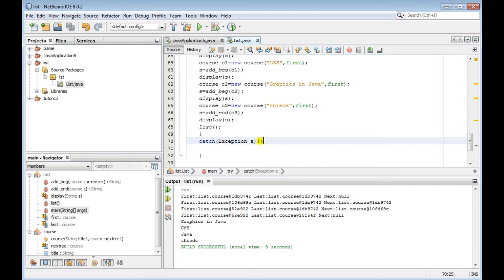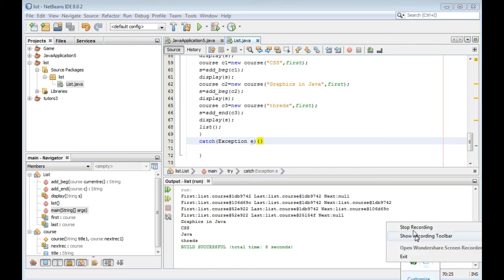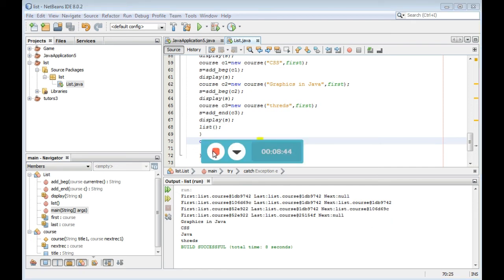This is a generic exception, but there is null pointer exception, and there are many exceptions, like runtime exception. So exception E, and just close this body or print the exception. You should implement the exceptions. Very important for the production code, this must be dealt with properly. Otherwise, if there is a problem with your software, no one will use it.